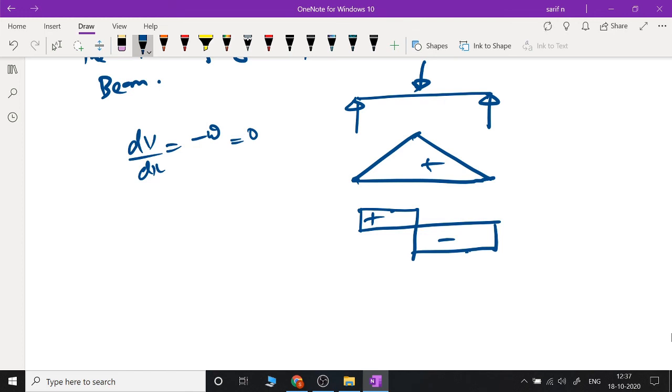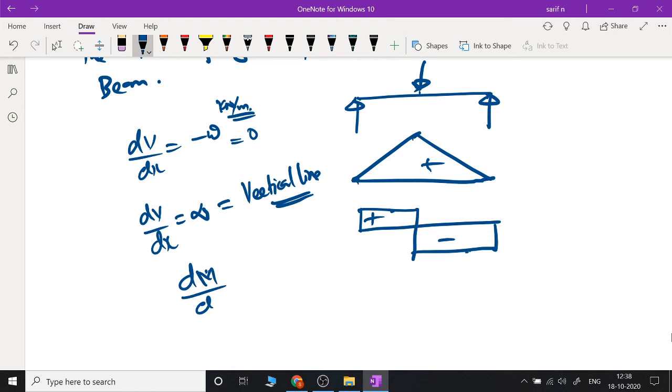Also, if you look at the point of the concentrated load, dV by dx means it is the intensity of loading. It has to be in kilonewton per meter. Now this is a concentrated load, that is kilonewton. So if you convert it into kilonewton per meter, this will become an extremely high value. That means it will become some infinity. So if dV by dx is infinity, it means that the line is a vertical line. So whenever there is a concentrated load, there is going to be a discontinuity in the shear force diagram. Again,